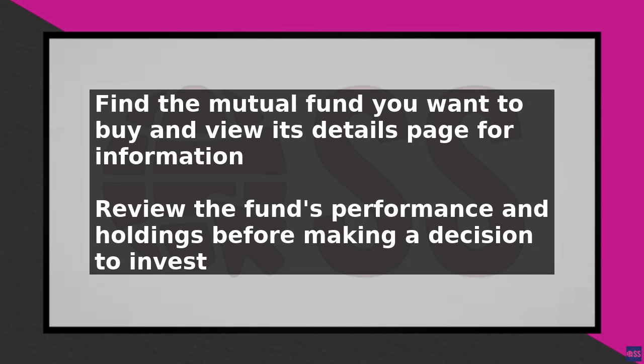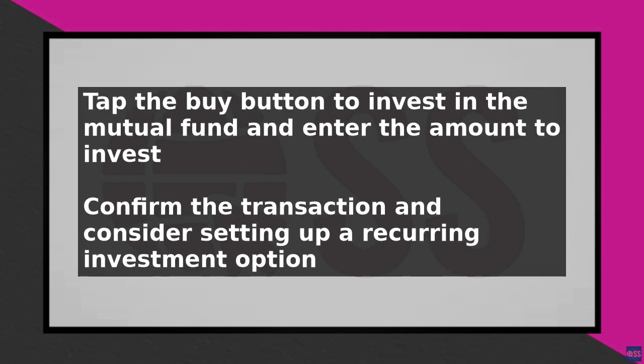To buy the mutual fund, tap the Buy button at the top right corner of the screen. Enter the amount of money you want to invest, and confirm the transaction. You can also set up a recurring investment, which allows you to invest a fixed amount of money at regular